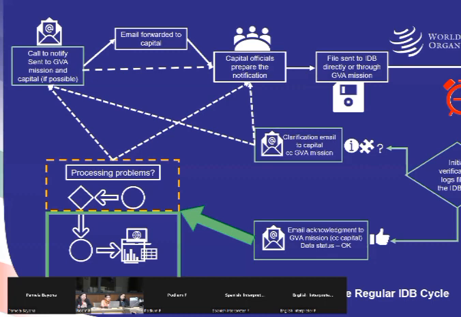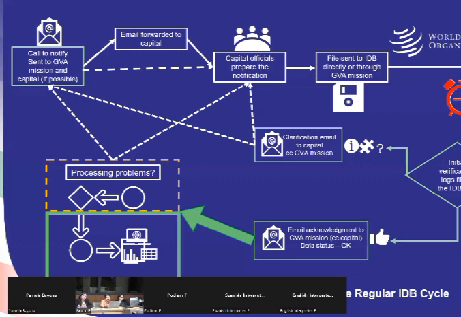If there are questions on the data, we send out a clarification email to the capital again, or CC the Geneva mission, whichever contact person we have. So it could be the Geneva mission who will then forward the questions to the capital. So this cycle goes on until the data is okay,